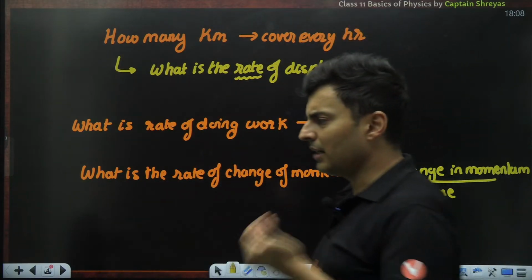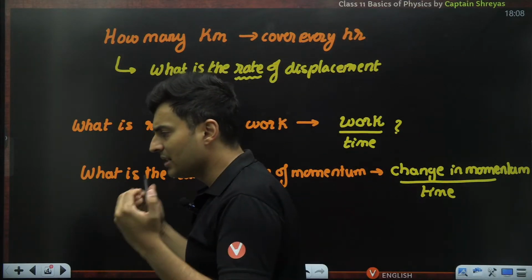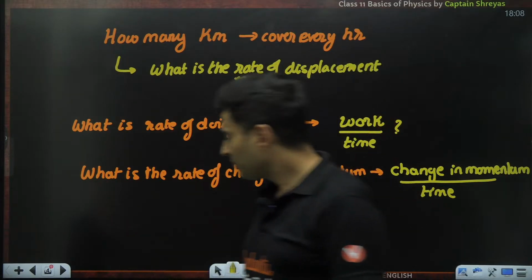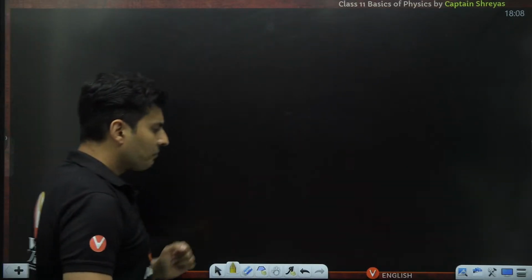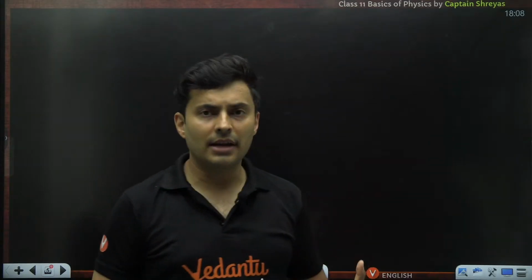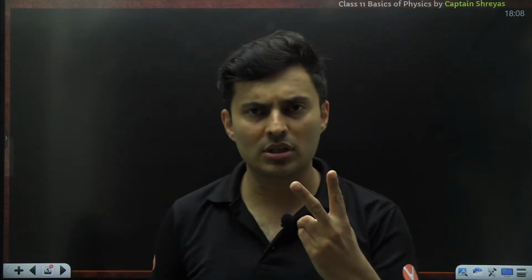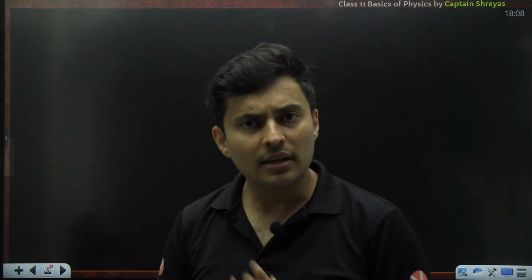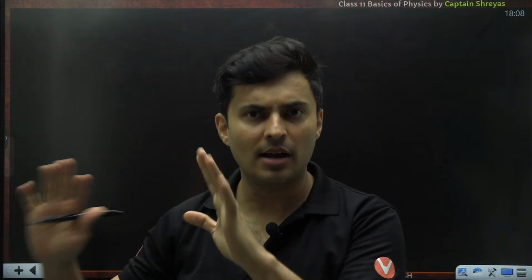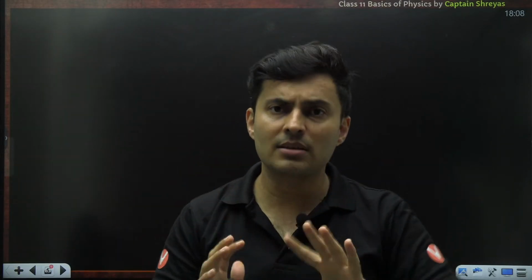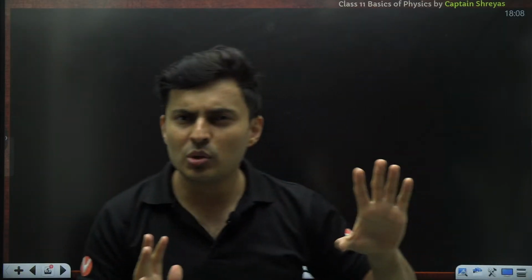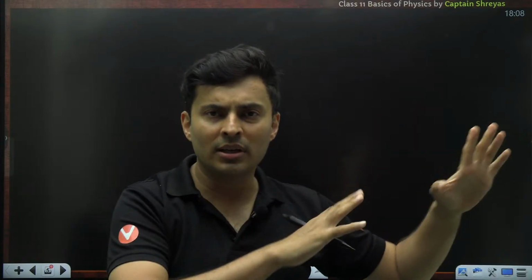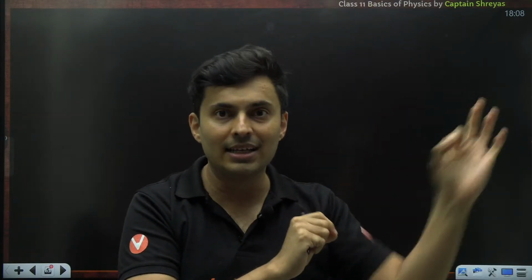I hope this is clear, and you can see very clearly it is used in different places in physics, and you will see it in chemistry as well. Now, when you want to calculate this rate, there are usually two approaches. One is the graphical approach, completely via graph and geometry. And the second one is a purely formula approach, which is also the analytical method. Both are right in their own places, but usually you will be using the non-graphical, meaning the formula analytical approach,